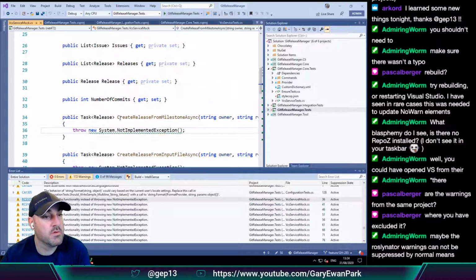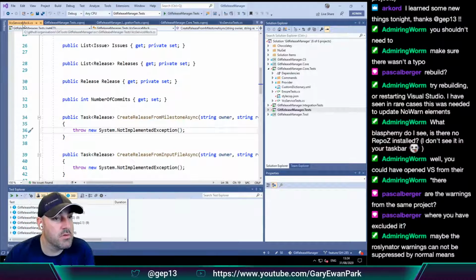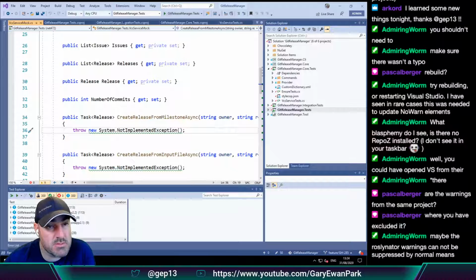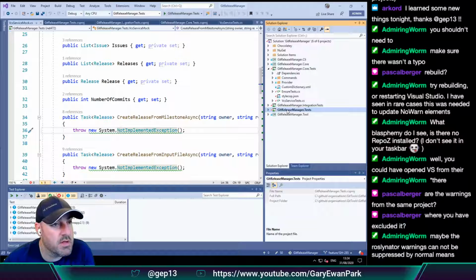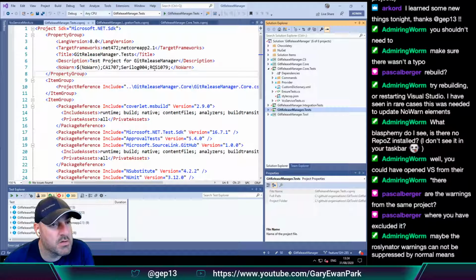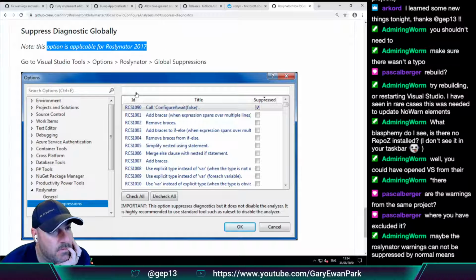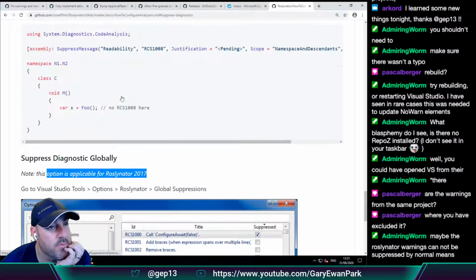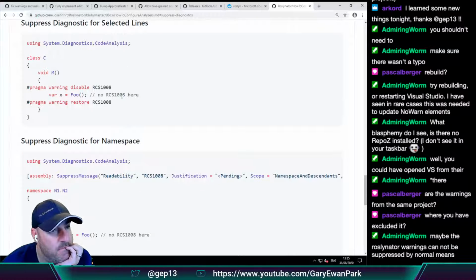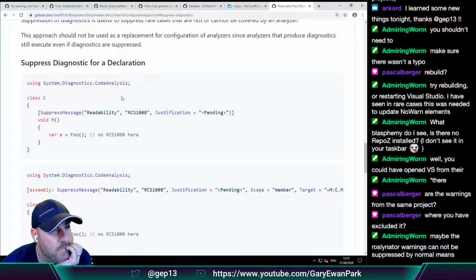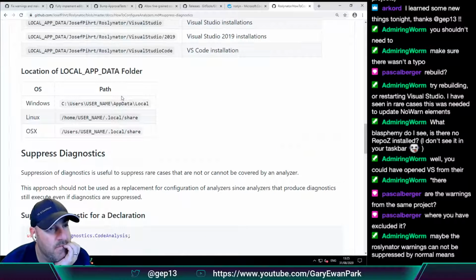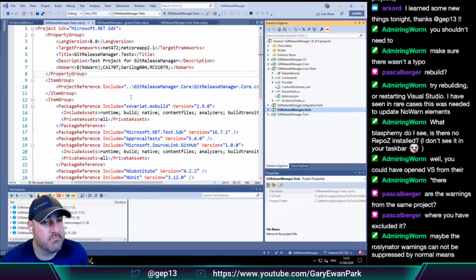So that is in the GitReleaseManager.tests, GitReleaseManager.tests, and then RCS 1079. Maybe. That would be somewhat annoying.